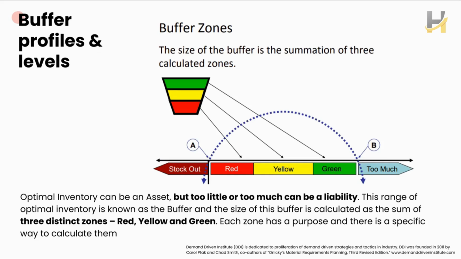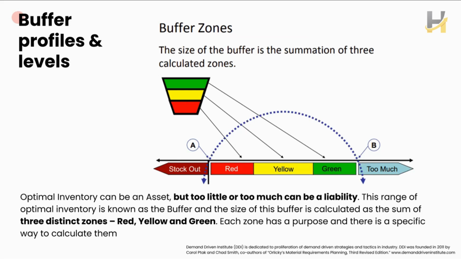Now we talk about the buffer profiles. The second important component of DDMRP is the buffer profiles. Buffer profiles may seem similar to safety stock, reorder point, and maximum inventory, but please be aware, this is not the case at all. Buffer profiles enable businesses to operate within a level of confidence, which means that if there is a